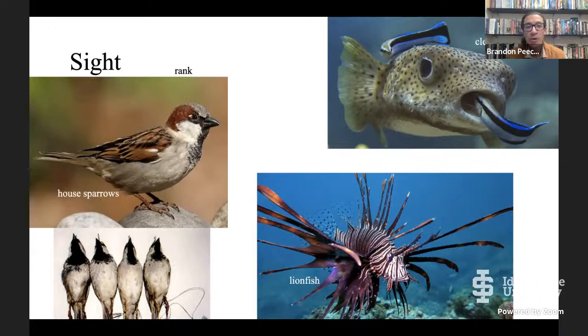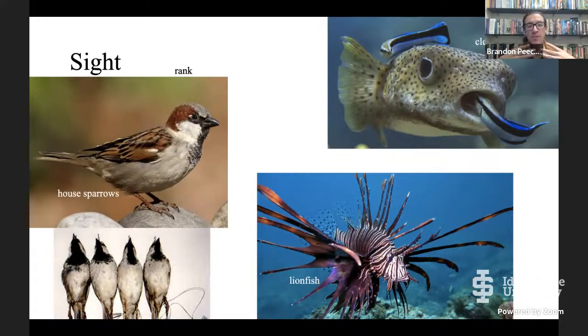If you're a house sparrow and you see another house sparrow, they all might look similar to you, but to each other, there are really clear differences. The amount of black on the throat and upper chest is a sign of rank. Only the males have that coloration to begin with. The biggest, oldest, dominant males, even though the flock's all mixed up, are going to have the biggest black bib. So things like rank can be communicated